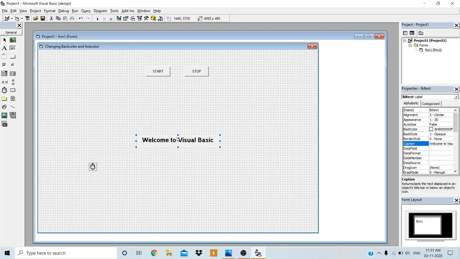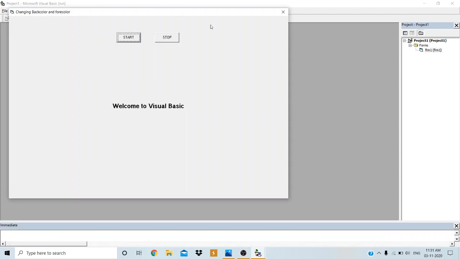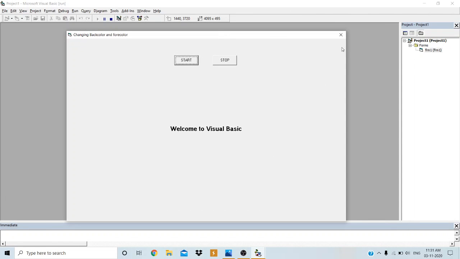And also the text we have aligned to the center. Fine, now it is fine. When you run the application, this is how it appears. We have set the property so the width or height of this form cannot be increased, that is, we have set the border style to fixed single, so you cannot increase the size of this form. Okay, now we have to write the code for what the start button should do